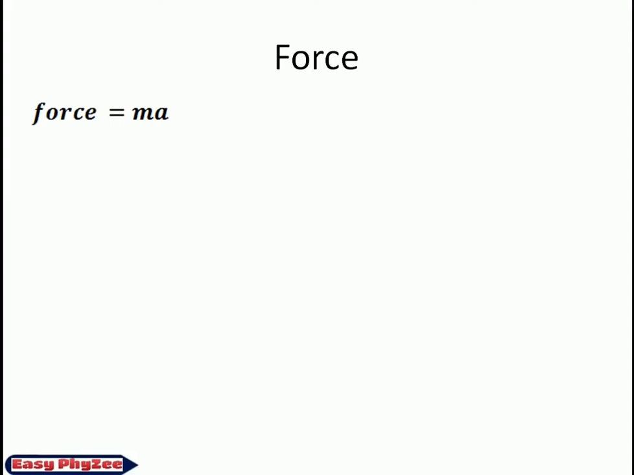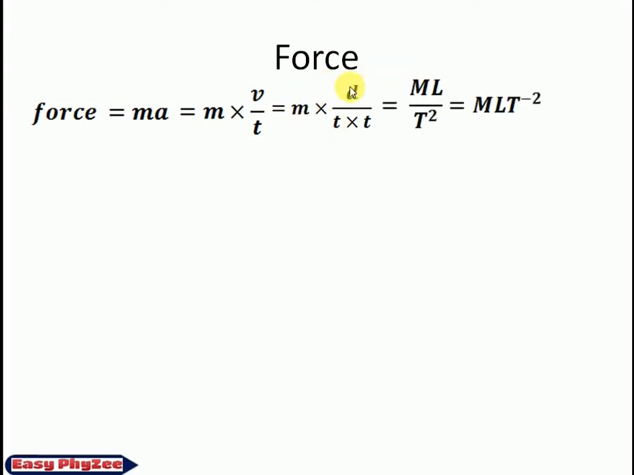For force, it is mass into acceleration, so I can write M, acceleration is velocity by time, and velocity is distance by time. So here I have 1 mass, 1 distance and 2 times, so M L by T square. If you take T to the numerator, it will become -2. So dimensional equation of force is M1 L1 T minus 2, and this dimensional formula for force is very important, so I want you to memorize this M1 L1 T minus 2,